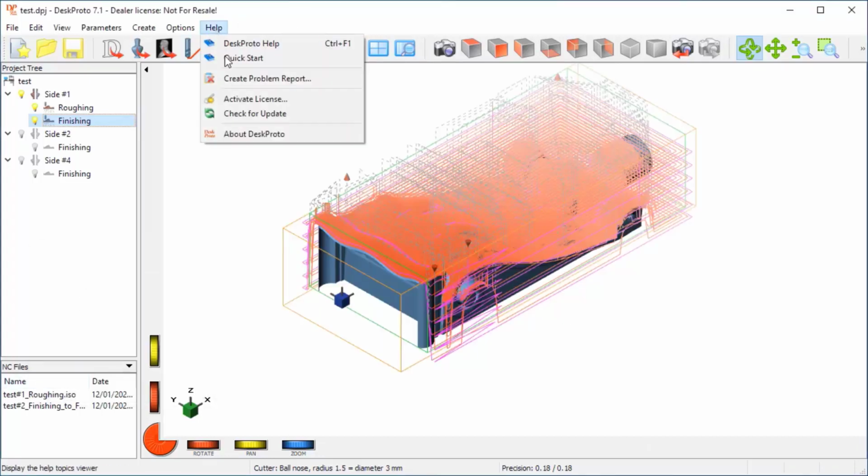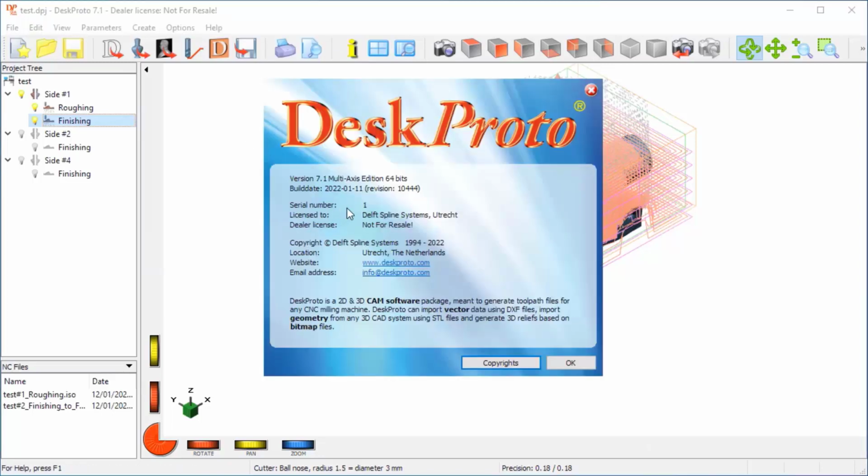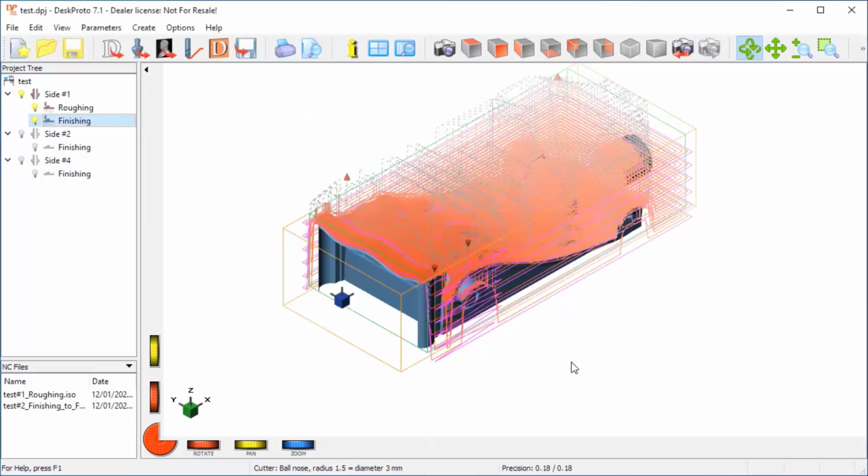As you can see here in the about box, we are now at revision 10,444. So when you have an older version of Desproto 7.1, please download the bug fix version and install that, or you have to manually correct the area to be machined, as in the previous Desproto versions that area was larger.